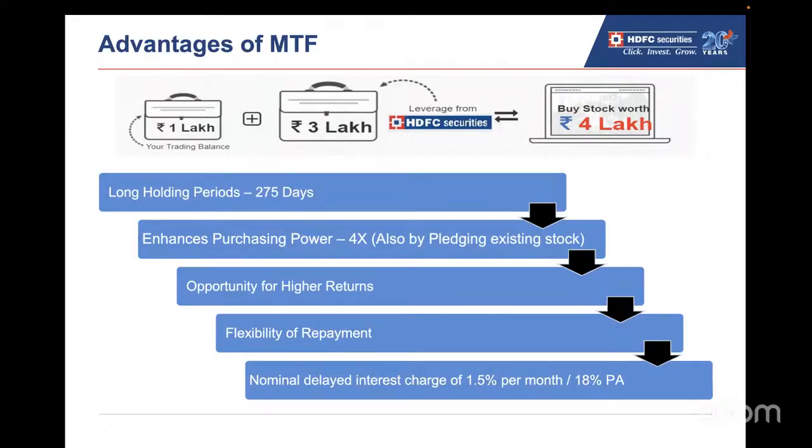सो आपने 36% कमा लिए, बिकॉज आपका इनिशियल तो 1 ही लाख रुपए लगा, आपने 3 लाख रुपए लेवरेज किए थे HDFC से, आपने उसका इंटरेस्ट भी दे दिया, और आपने वो प्रिंसिपल अमाउंट जो लिया था वो भी दे दिया। ऑन दी अदर हैंड, अगर आपने MTF में पोजीशन नहीं ली होती, तो 1 लाख का आपने एक स्टॉक खरीदा होता, वो 10% ऊपर जाता तो आपको 10,000 प्रॉफिट ही होता। तो कहाँ 10,000 और कहाँ 36,000, 26% का आपको फर्क आ गया है। तो दैट इज द पावर ऑफ MTF। आपको रीपेमेंट की फ्लेक्सिबिलिटी है। आप जितने दिन पोजीशन होल्ड करोगे उतने दिन की ही आपको इंटरेस्ट लगेगी, दैट इज द बेस्ट पार्ट।